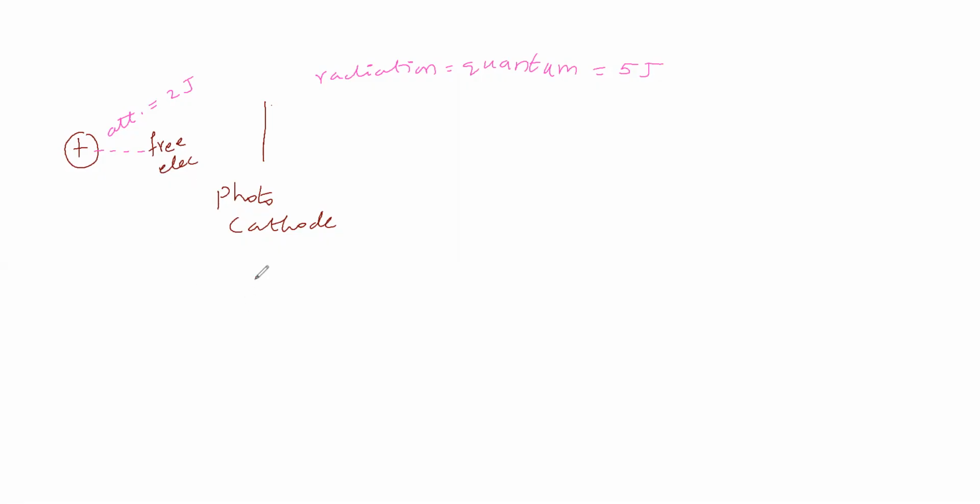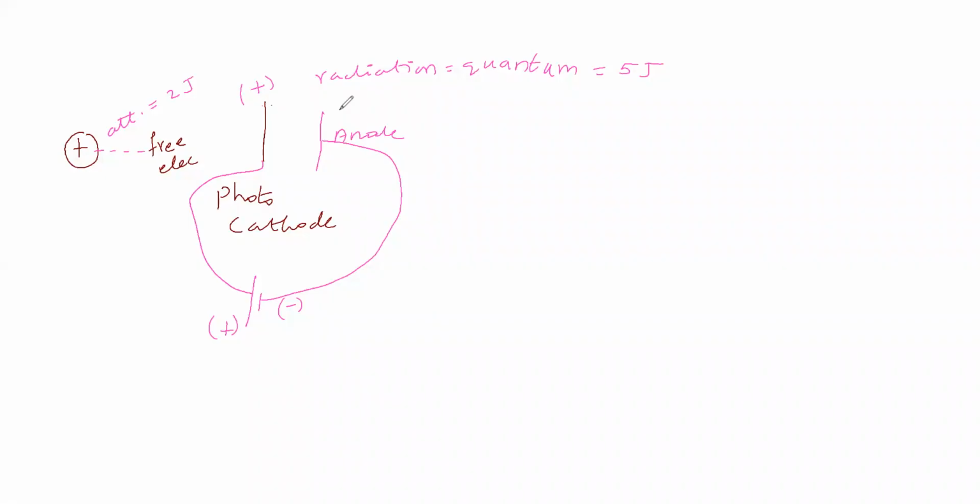Then we will take a battery. In the battery, there is a positive pole and a negative pole. Let us connect this positive pole to the photocathode. So we are giving a positive charge to the photocathode. And we will connect the negative plate to the anode. Why? Because we want to stop the photoelectric effect. From that, we will come to know the maximum kinetic energy that the electron will have. For that case only we are doing like this.